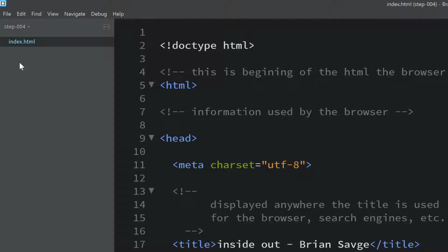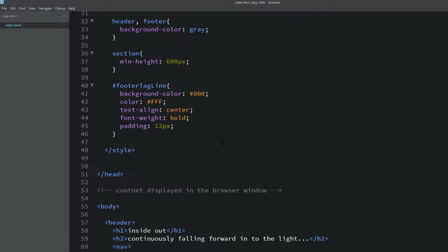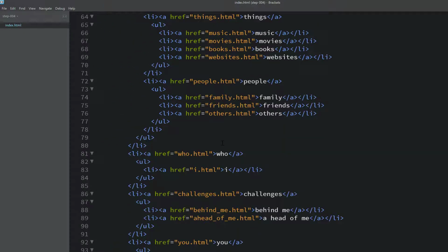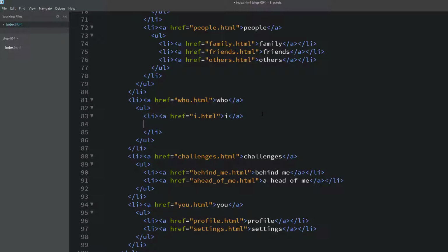Now that I have my HTML file open, before we do anything else, what I want to do is put in those missing links. Where we want to put the links that we missed in the previous step in our menu is under the Who I. If you recall a little bit of review, the way that we would do that is we go inside the list item of I, because we want to put a submenu below it, and we start building our